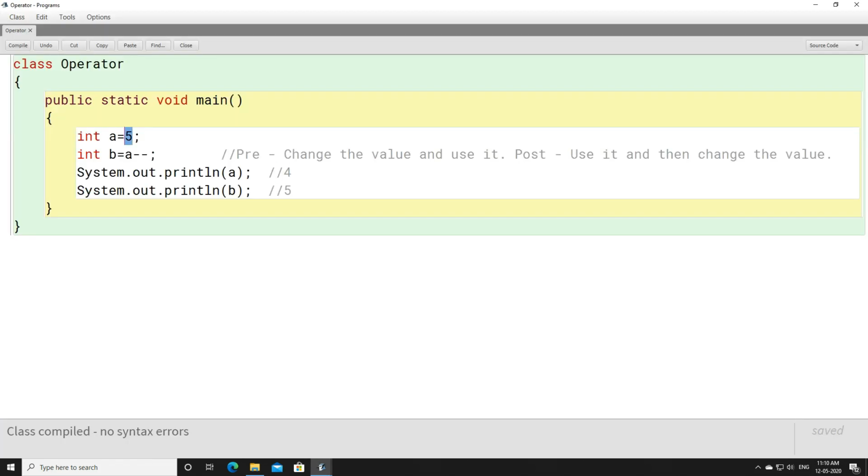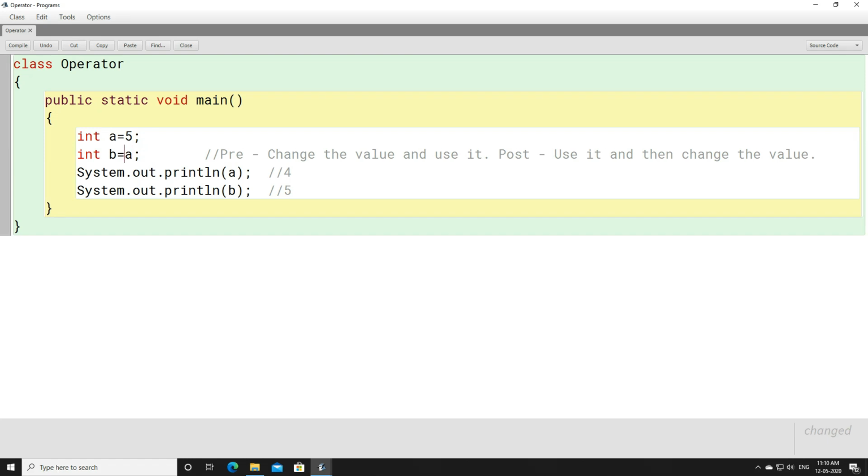Similarly, instead of writing a--, if we write --a, what value are we going to get here? We have used --a, so this is pre-decrement, and pre-decrement says that change the value and use it. First we have to change the value, because when we move from left to right, first we find -- here.